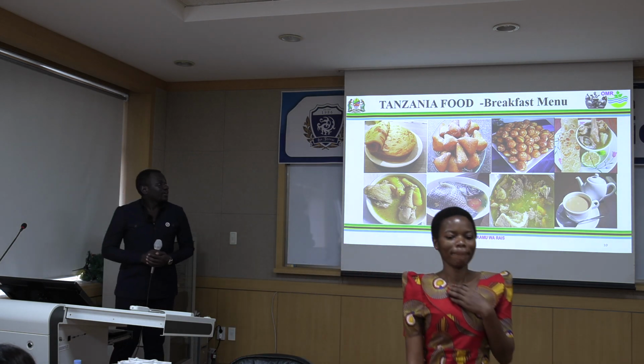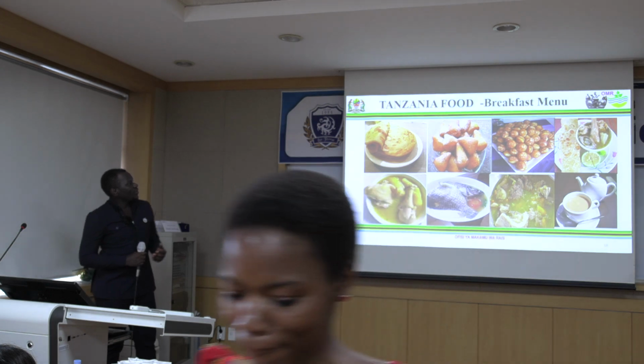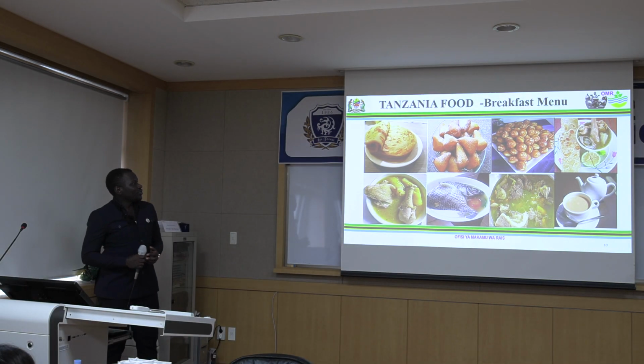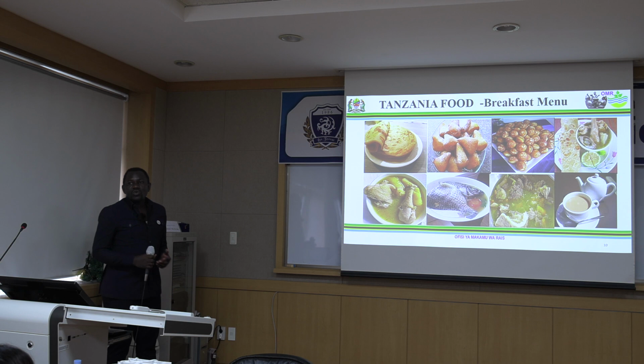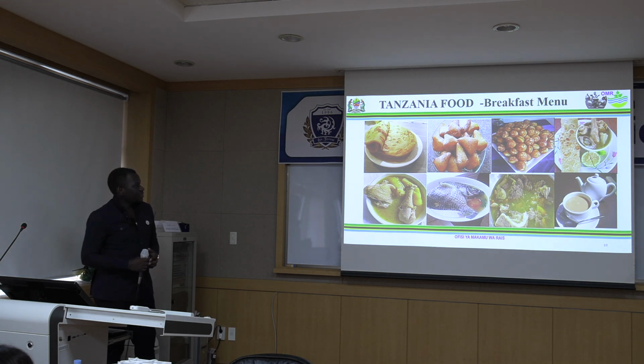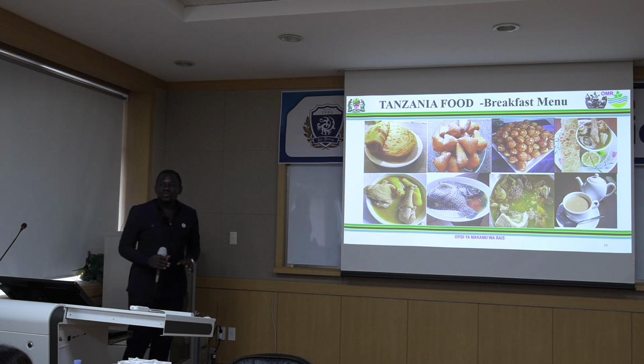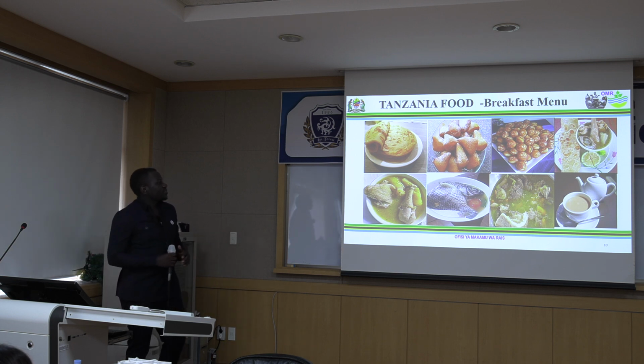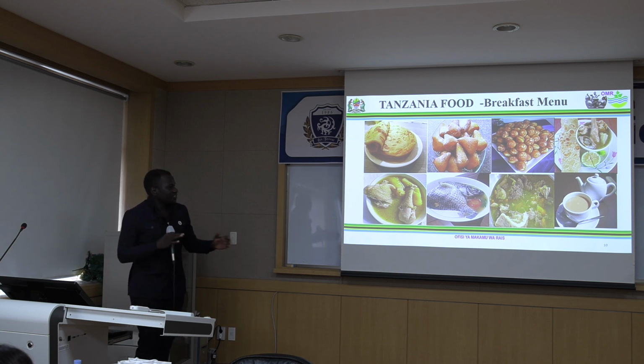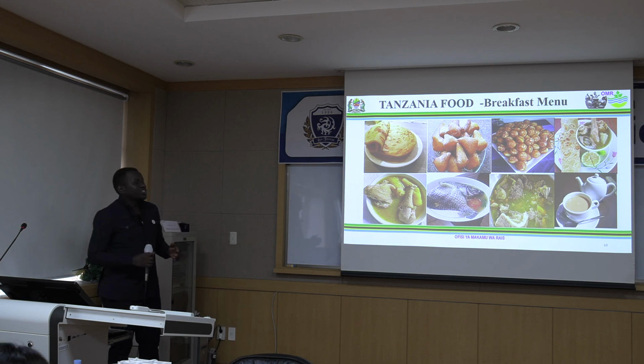Morning, colleague. My name is Alois. I will take you on Tanzania variety of food from here up to the end. So Tanzania is, we have diverse, as my colleague said, more than 120 tribes. So we have variety of foods, but this we mentioned here is common food which among all tribes they can use, but each tribe they have their own traditional food.